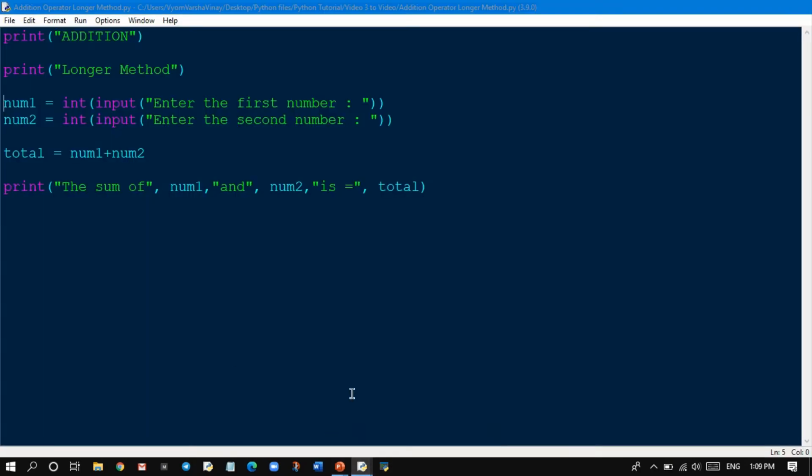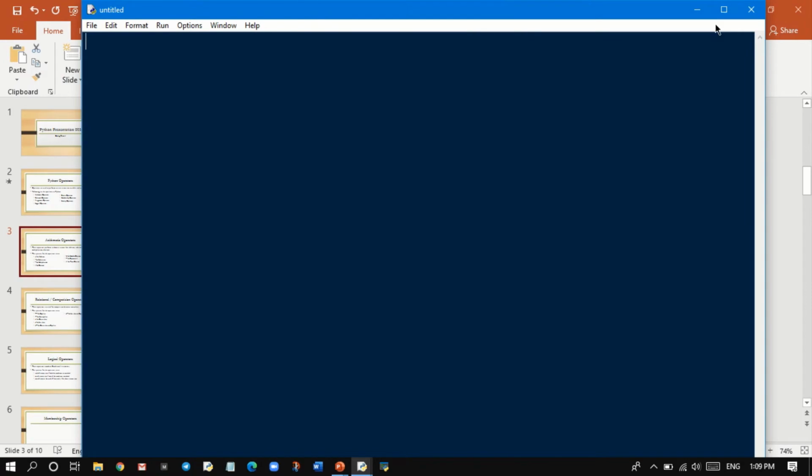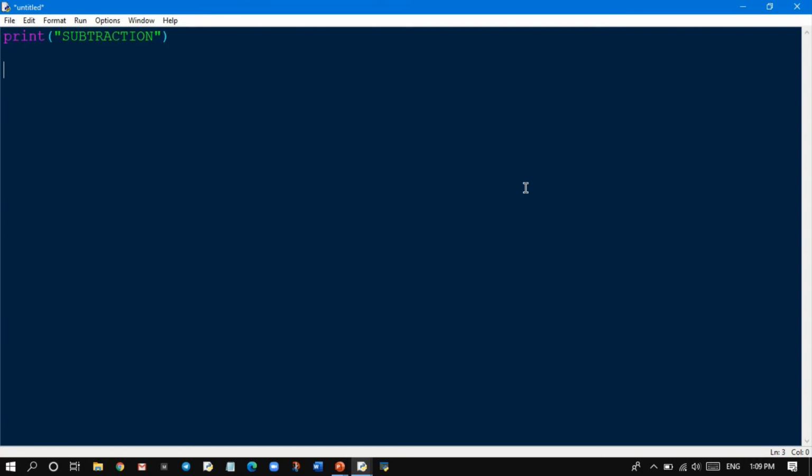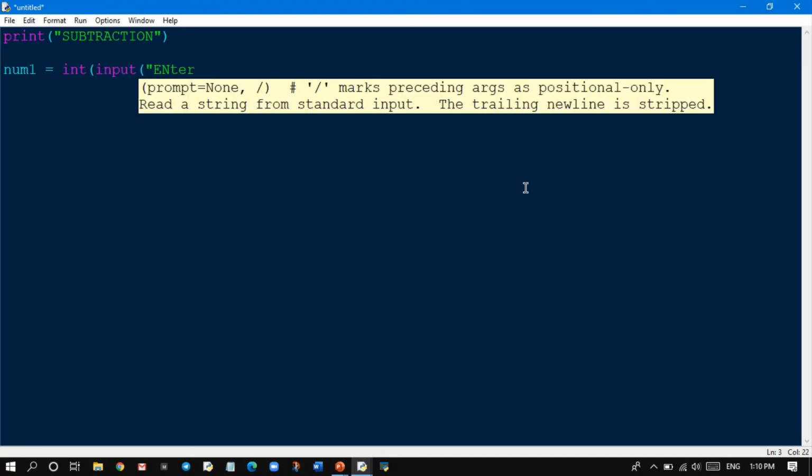Let's open a new one. Print subtraction. This time I'm only going to show it to you in one method. You can do it yourself by the longer method also. Right now I'm going to show it to you in the shorter method. So num1 equal to integer input, enter a larger number,